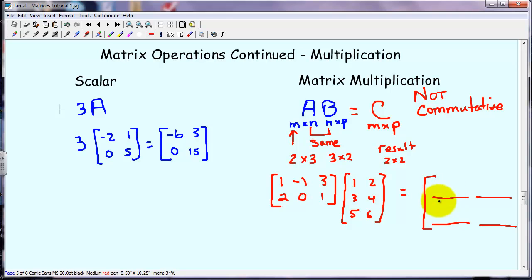Now, one way I keep track of this when I'm doing it manually, you'll see in a minute, is I'm going to label each of these elements by their subscripts. So this would be row 1, column 1. This is row 1, column 2, row 2, column 1, and row 2, column 2. When we multiply matrices, we are going to go by rows on the first matrix and columns on the second matrix. So when we are trying to get this element, we're going to use row 1 from the first matrix and column 1. Let me highlight what we're using here. So we're going to use row 1 times column 1. And the way the multiplication works,